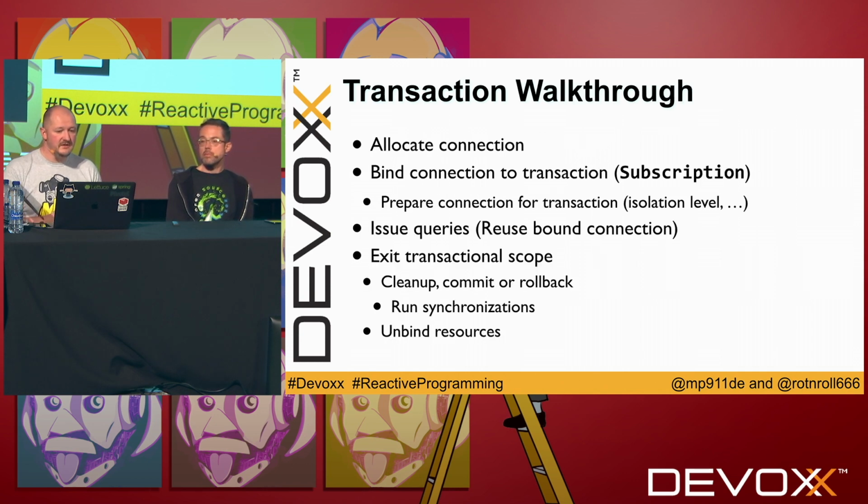They all basically do and look the same in the sense that they are allocating resources for the actual transaction. They also check whether there is already a transaction going on and whether they should participate in that transaction or whether they should create a new transaction. The key difference, however, is in the technology, how we are binding the state and the resources to that transactional